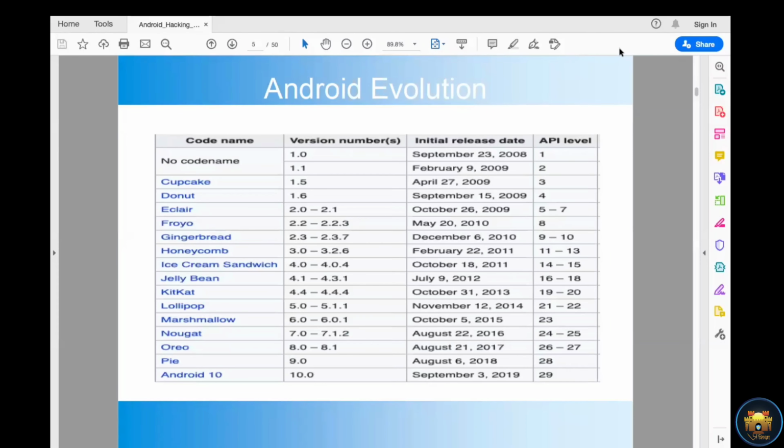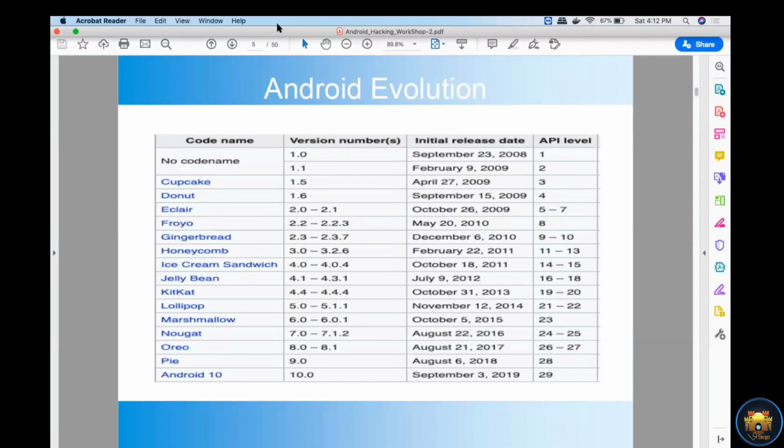Android evolution. The first Android operating system was launched on 27 September 2008, version 1.0, with API level 1 support. After that came the Cupcake operating system, version 1.5, supporting up to API level 3.